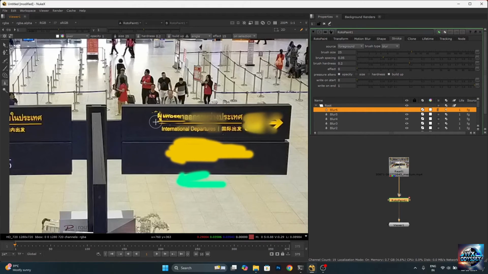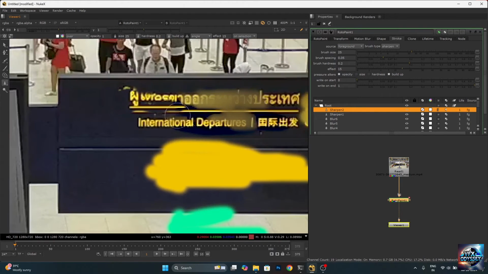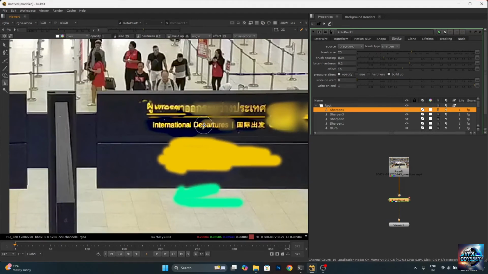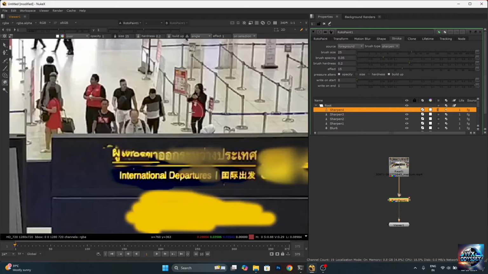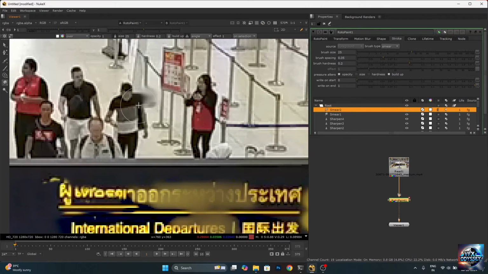Sharpen, which you know is used to make blurry area sharp. As you can see, you already know how sharpening works. Just apply it to any blurry part you want to clarify. After that, we have the smear tool. This tool lets you drag or stretch pixels to blend them in the direction you want. As you can see,